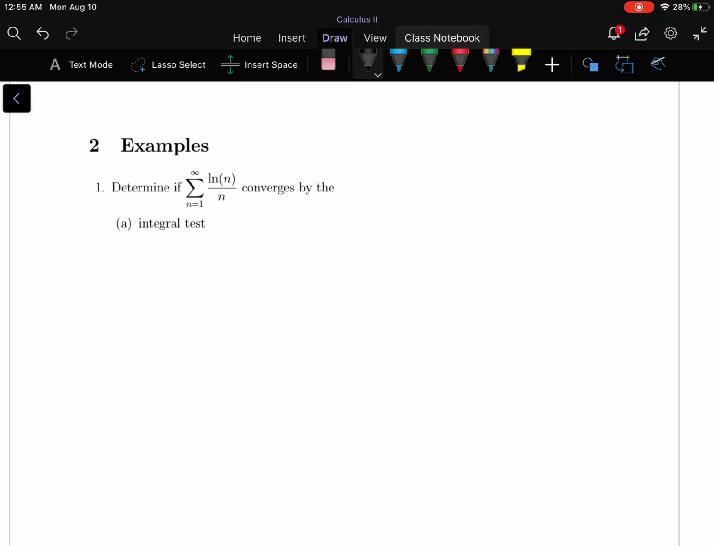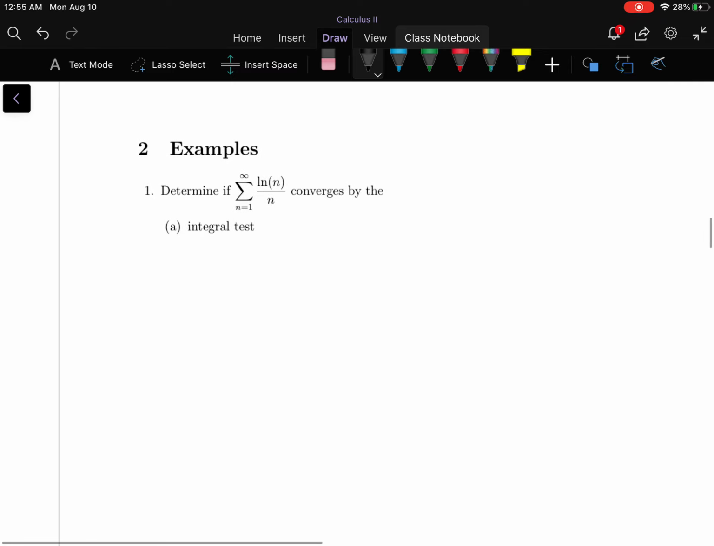In the first problem, we want to determine if the sum of the natural log of n over n converges by the integral test. Now, the integral test requires a few things. The function f has to be continuous and positive on some interval, n large and above, and it needs to be decreasing. Remember that f of x comes from your a_n sequence. You just replace the n with x, and so our f of x here is the natural log of x divided by x,